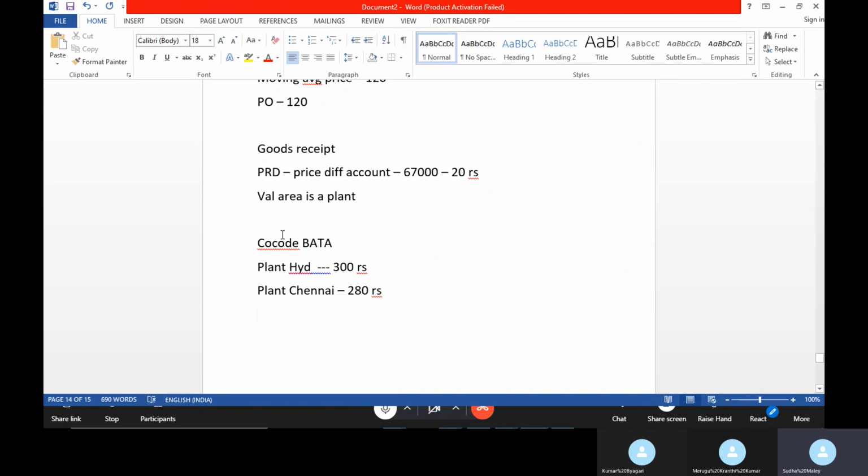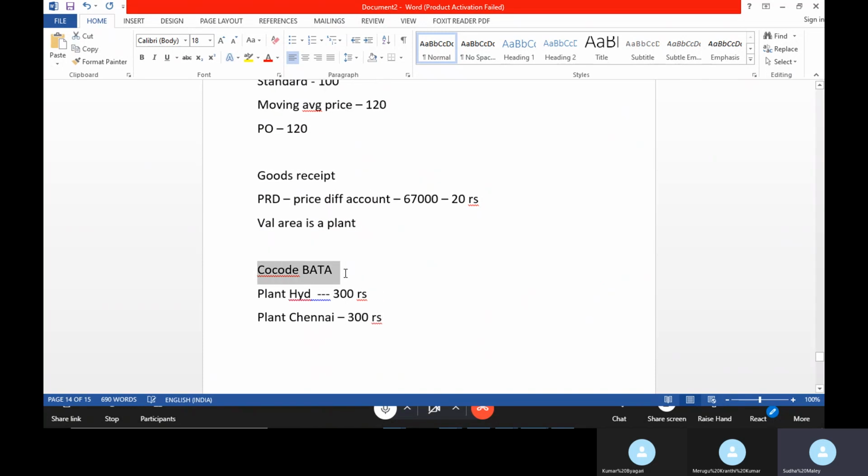If you maintain your valuation area as a company code, you cannot have different prices in different plants. The price should be the same in all valuation areas under the company code, whatever plants are there.